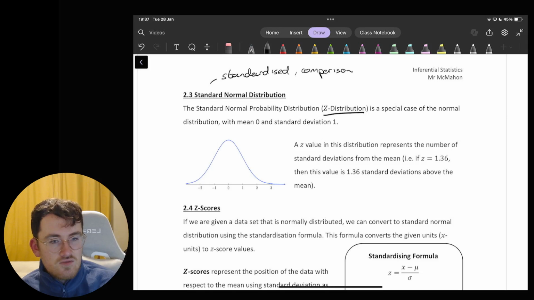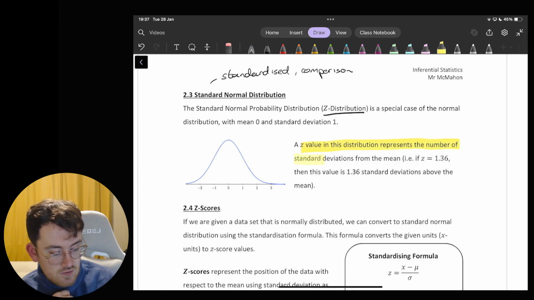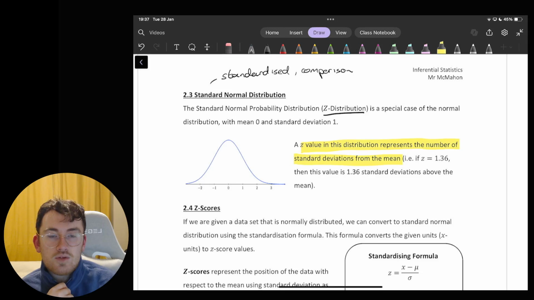A Z value represents the number of standard deviations from the mean. This is a key point for working with the normal distribution and the standard normal distribution. If we can calculate a Z value, we can use that to talk about the number of standard deviations from the mean. And as we've said, standard deviation is the average distance from the